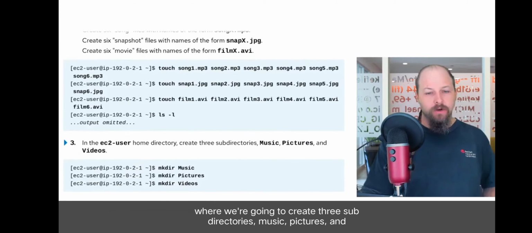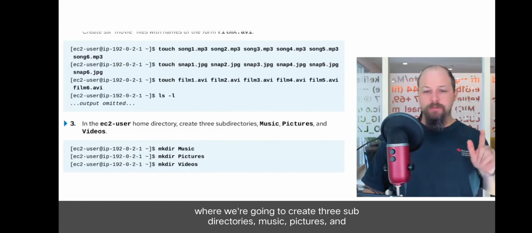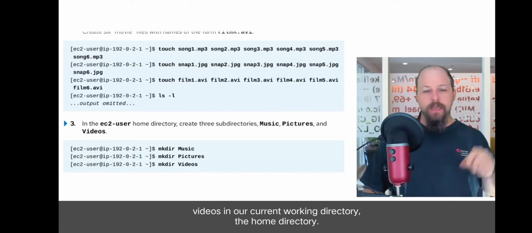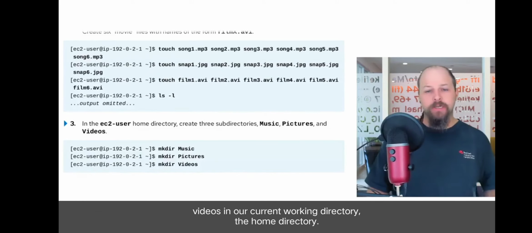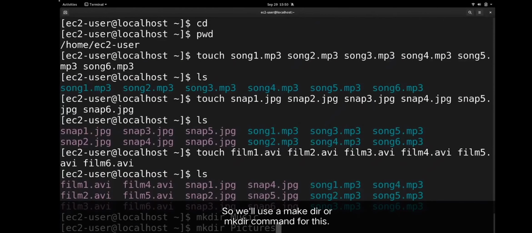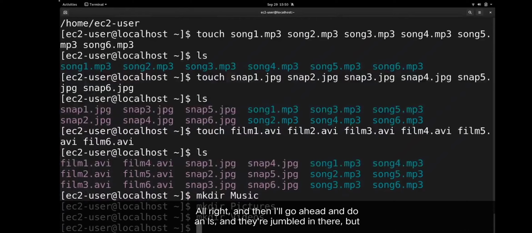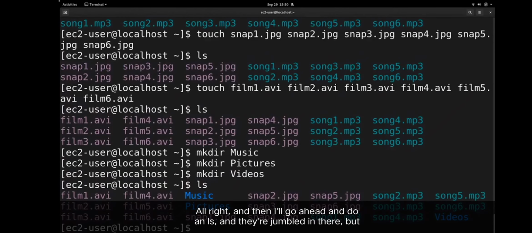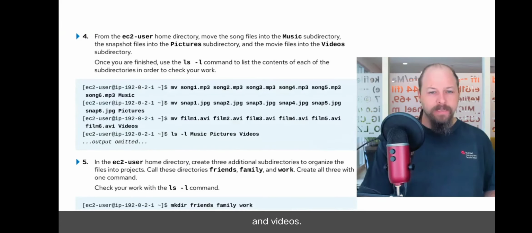Okay, now we'll proceed into task 2, where we're going to create 3 subdirectories, music, pictures, and videos, in our current working directory, the home directory. So we'll use a mkdir command for this. All right, and then I'll go ahead and do an ls. And they're jumbled in there, but you can see the color-coded directories in blue on my screen, music, pictures, and